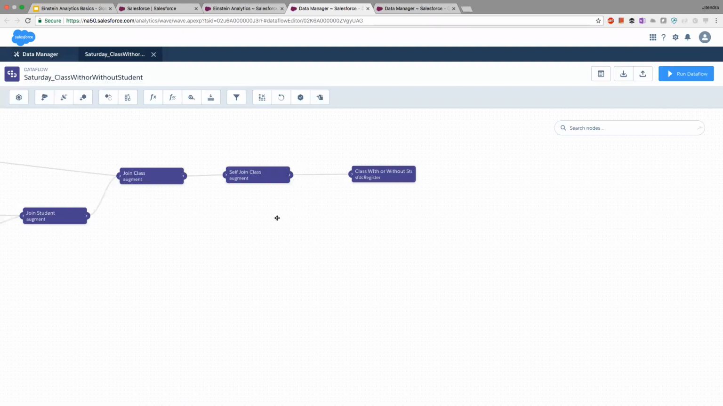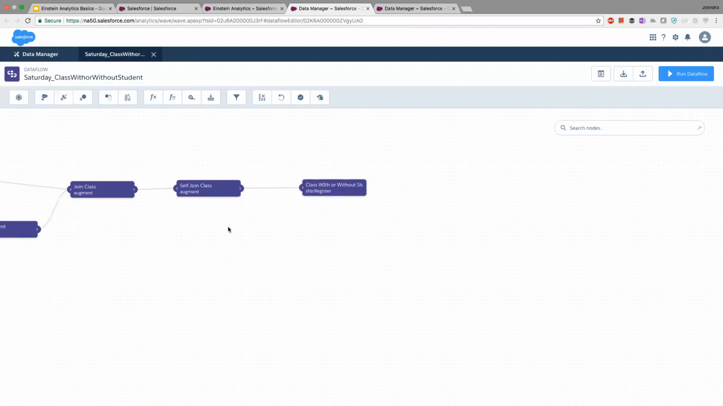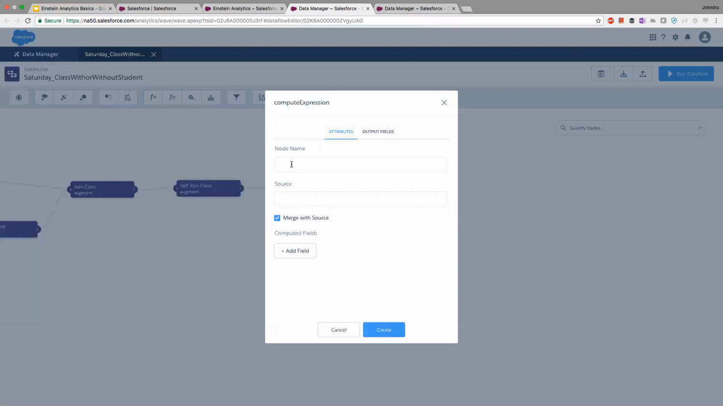Let's go back here, and we will do again compute expression. So compute expression is here. I will say let's flag a duplicate. I'm saying it's a self join class, and let's add a field. Field name is, let's say, status,